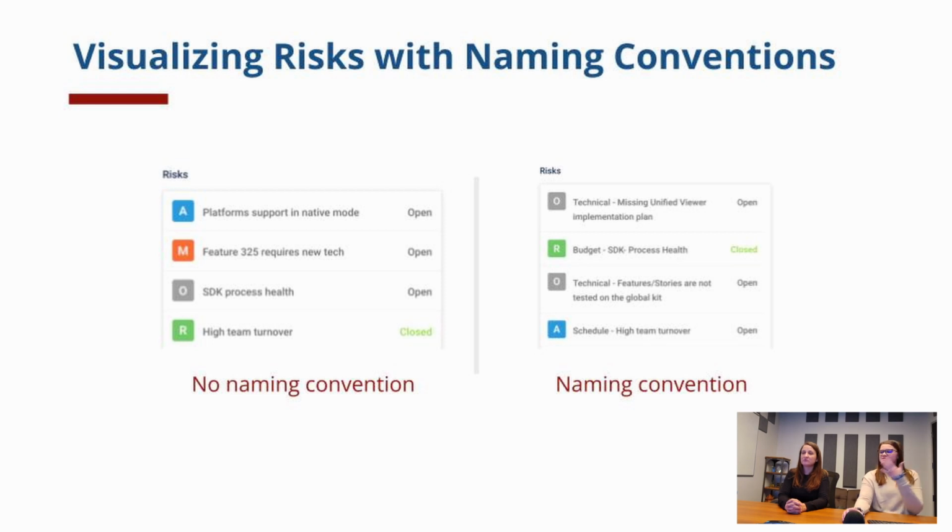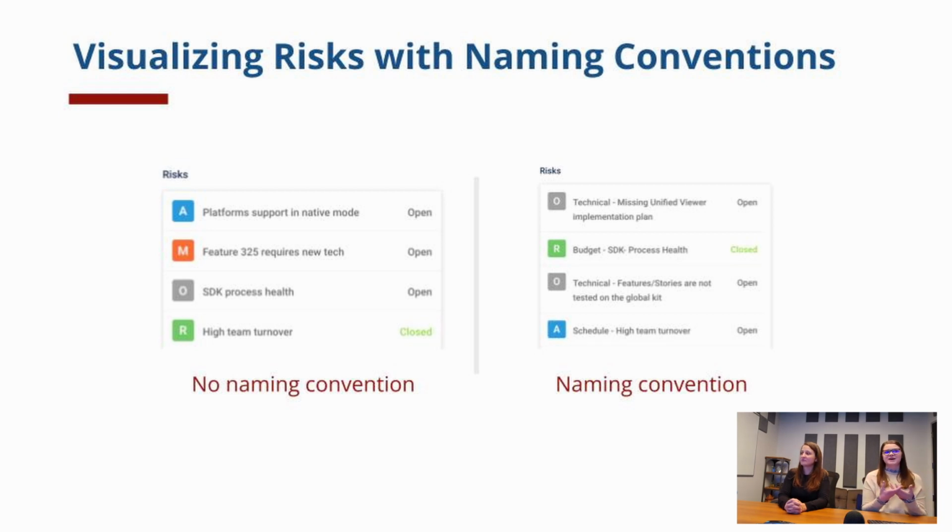A technical risk, Elizabeth gave some examples earlier. We have some complexities or challenges in the technical sphere that may delay us completing our work. And a budget risk is really just any risk that may impact the budget. We may incur penalty fees, or we may have to replace a bunch of tech. We are not by any means recommending that every title of every risk be the exact same.